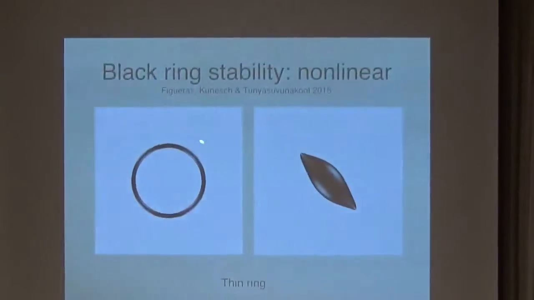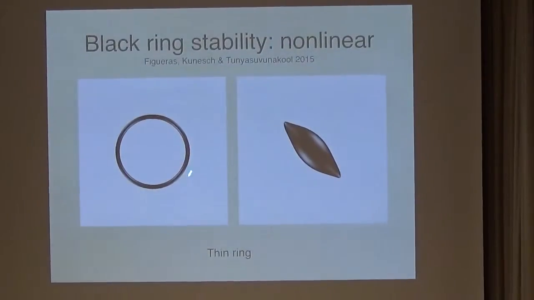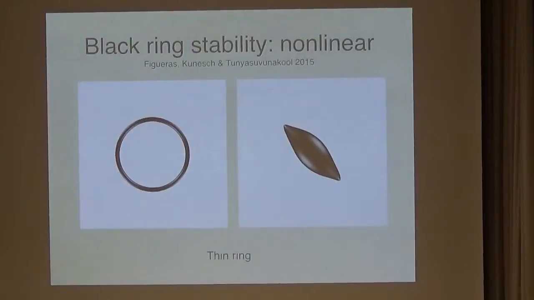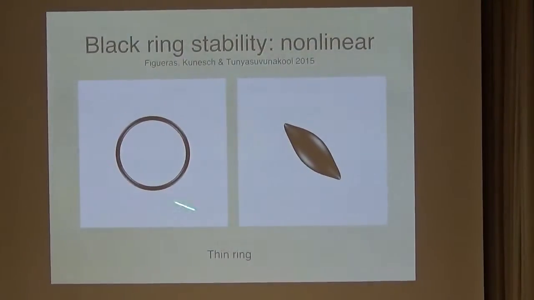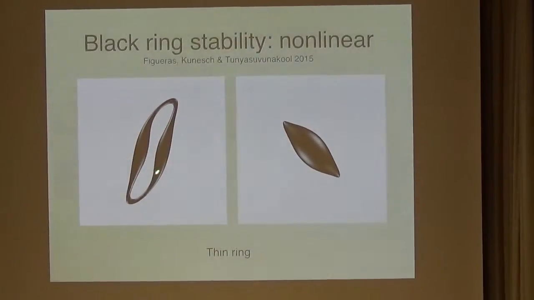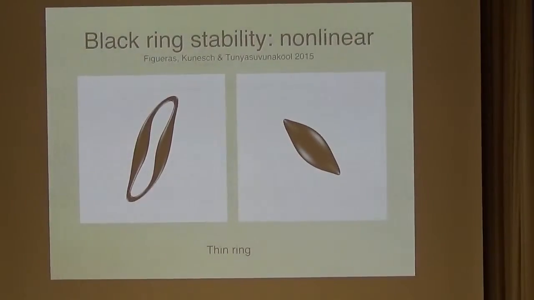Here it gets more interesting. So here's a thin ring. Let's see what happens here. Again, remember for the thin rings, we expect to see signs of this pinching instability that the black string suffers from. So here we'll see how that works. We evolve it, and it becomes very strongly deformed into this elongated shape. You can see there's a definite bar type structure appearing here. And you can also see that at this stage in the evolution, the horizon here is much thinner than it is here, so there's definite pinching occurring here.